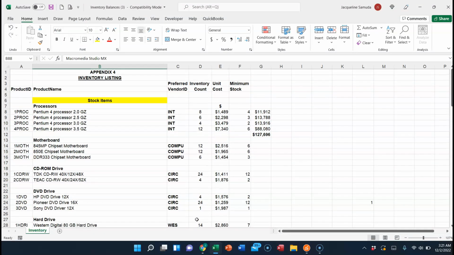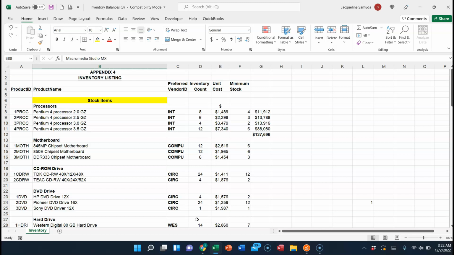So I'm interested in the one for OneProc. So for OneProc, I'm going to be capturing the account ID, the name, which is Pentium 4 processor, 2 gigahertz, GZ is gigahertz, Intel is a preferred vendor,